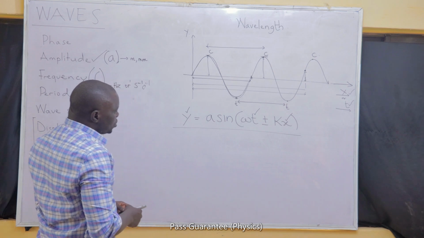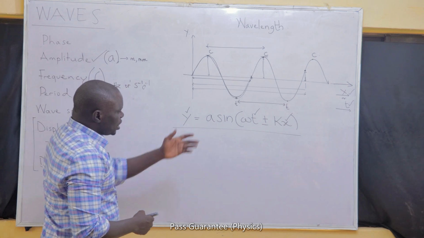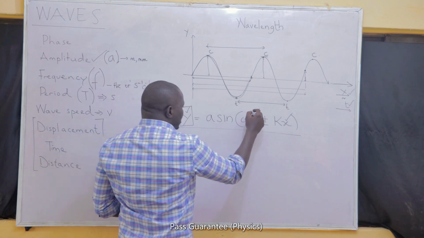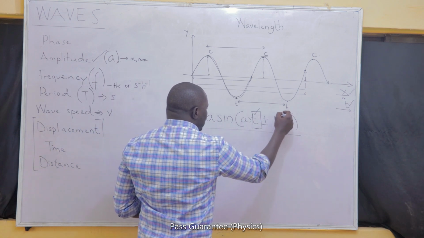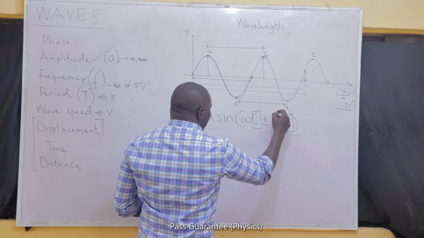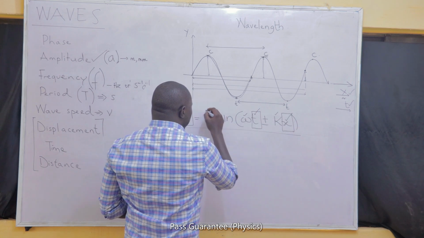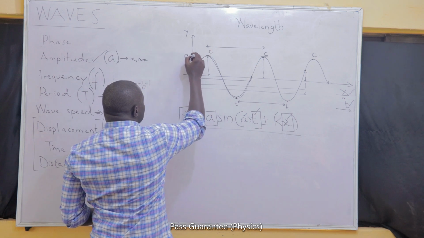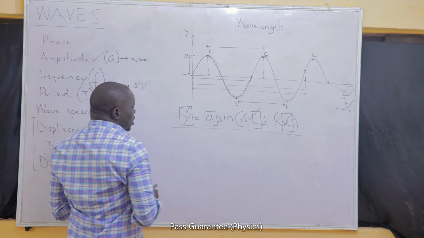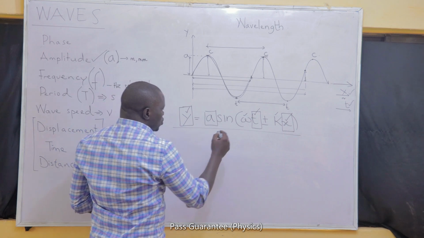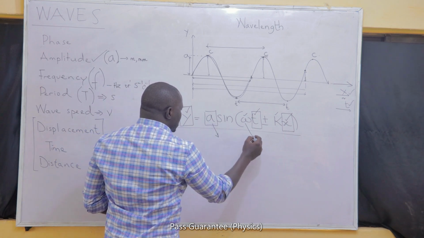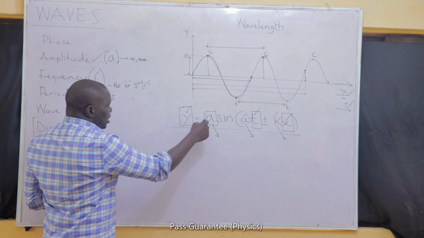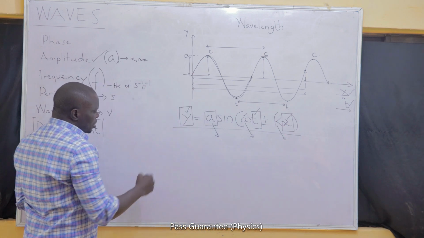But of course, before we do that, we need to know the other terms that I've used. This is the displacement, as I've said earlier. This is the time. This is the distance. Now, k, omega, A. We have talked about A. A is the maximum displacement of that wave. It is a constant. There are two other constants that we are using. Omega is a constant. I'm going to define it now. k is also a constant. A can be read directly from the graph, or it is given.